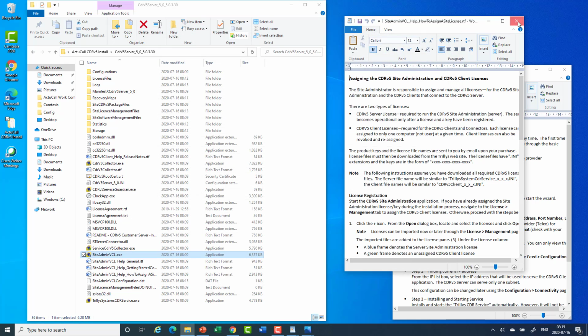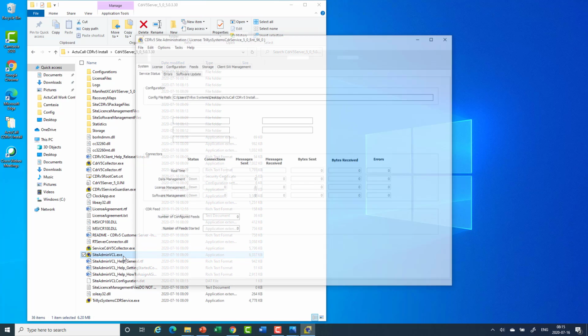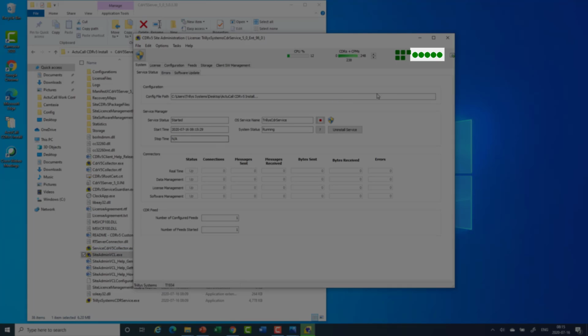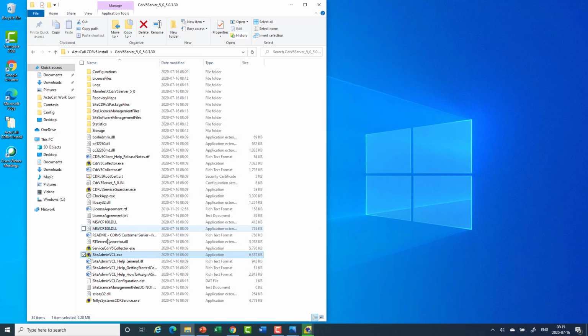If we close the program down though, just close the user interface, that red light is just telling us that it's having a little bit of trouble connecting. But if we close the user interface and reopen it, notice all the indicators have turned green now. You've successfully installed